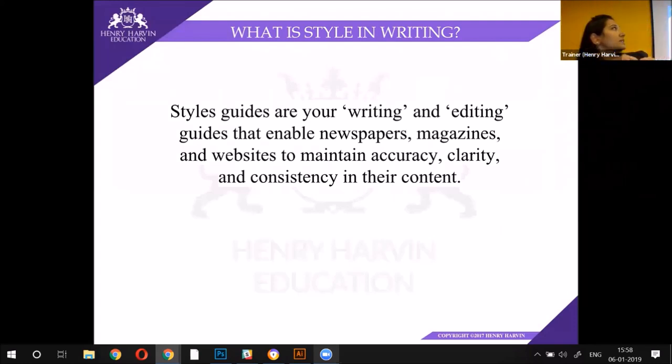Now for this very presentation itself, this is the style guide. You can see the watermark behind. You can see the color that they've used here. You can see it is constant throughout all the modules, and the moment you see any other presentation, even if it's a different course, just looking at it, you'll know it's Henry Harvin. So this is what a style guide is. Brand. So if you want to create a style guide for your